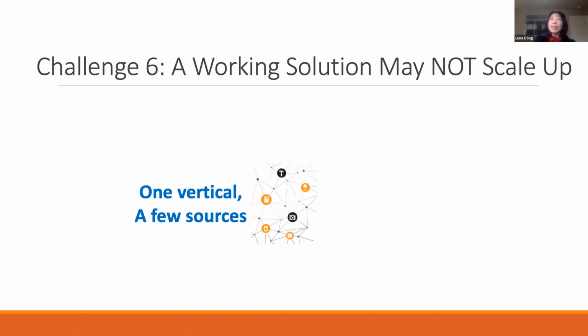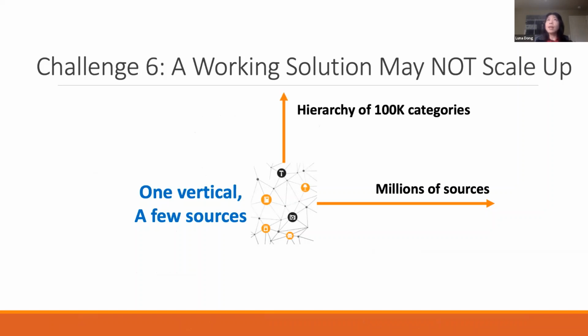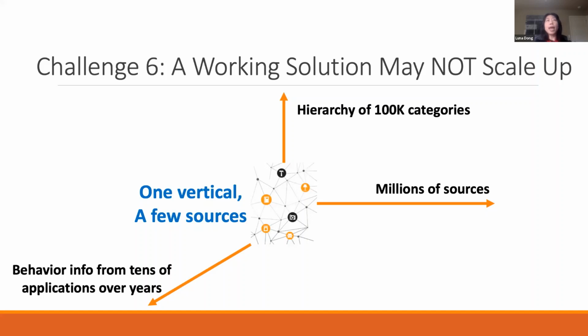Okay, so far we have been talking about how to develop the techniques for one domain from a few sources, except the web extraction part. But a working solution for this space may not scale up. What if we have millions of data sources, especially for web knowledge extraction? And what if we have a hierarchy of 100,000 different categories? And for the user behavior information we just mentioned, what if we have it from tens of different applications over many years? So let me use the 100K category as an example to tell you why it is hard to